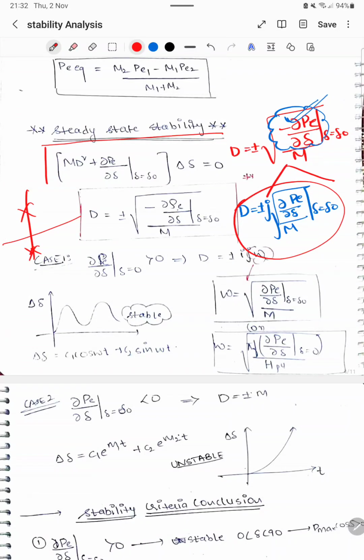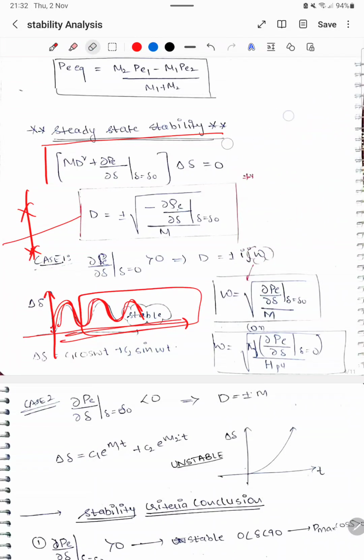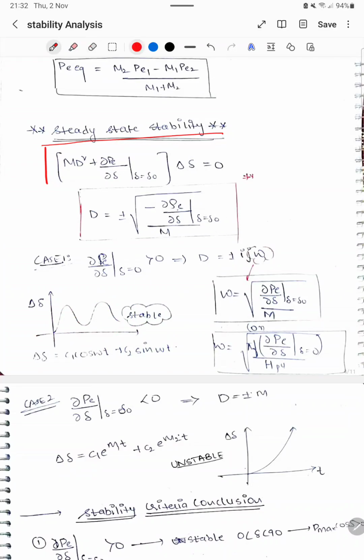Poles at the y axis, meaning undamped. In the undamped case, what do we get? We get critical oscillations, but they will be bounded, meaning a stable system. Since oscillations are there, there will be a frequency of oscillation that comes out to be j omega.